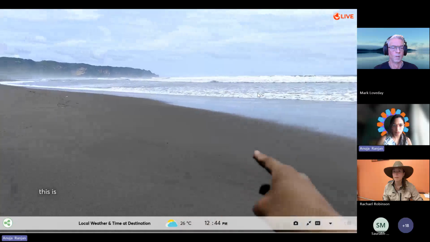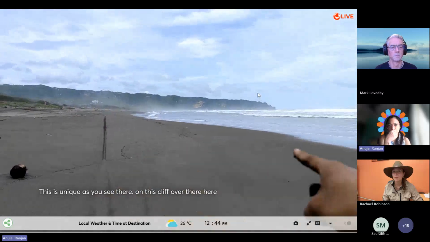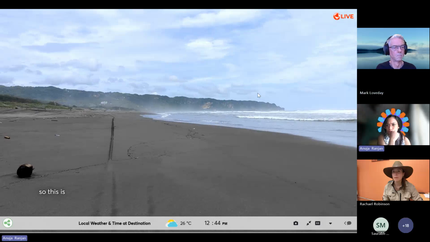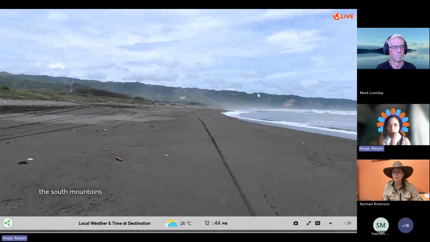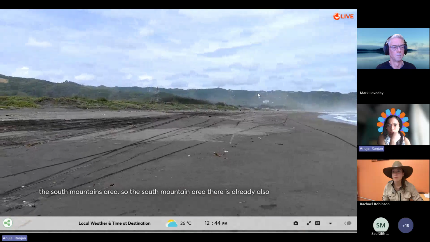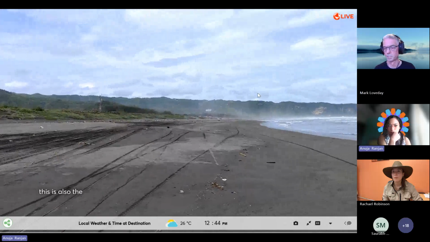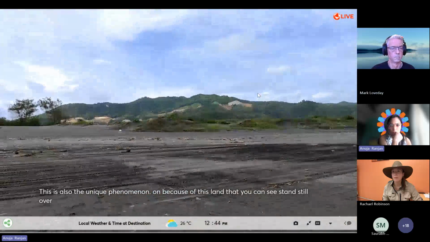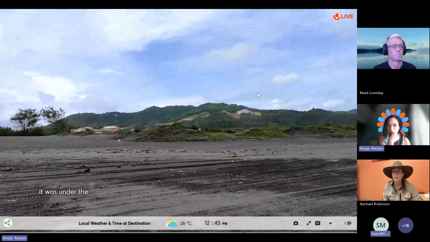This is unique. As you see there, on this cliff over there, the green hill over there. This is the border between Yogyakarta and the Gunung Kidul area, the South Mountains area. The South Mountain area there is also a UNESCO World Geopark site. This is also a unique phenomenon because this land that you can see standing over there was under the sea before. Experts say 6 million years ago,